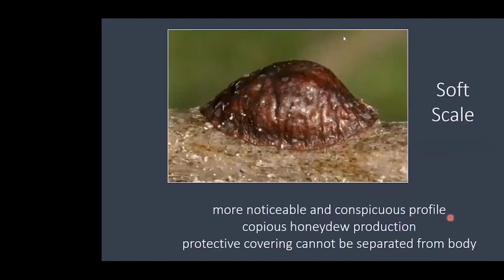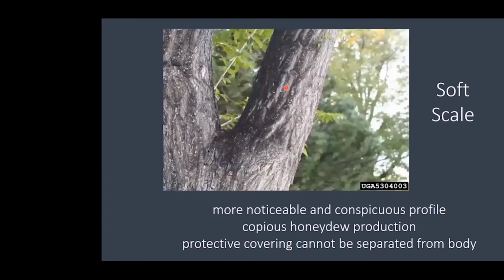Now, soft scales. Little different in that they do produce that honeydew. So this specific one is a Lecanium scale right here. A little bit of an example that you might be able to look up. Prime example is the sooty mold that you can see. Even though you can't see the scales directly on that bark, you can certainly see the sooty mold built right there. It's making that armored substance for itself, or soft substance, over it and going through that metamorphosis. So it's a little bit different than the insects that we usually talk about, but yes, it does go through